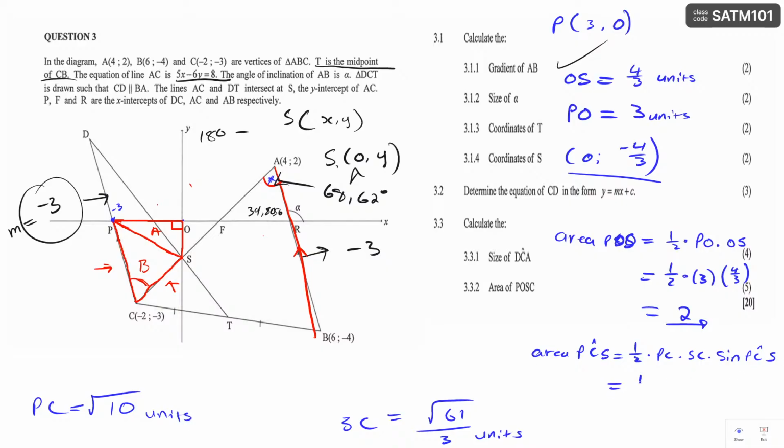So here you're going to say 1 over 2. What is PC? PC, we found the length to be square root of 10 units, times. What is SC? SC was square root of 61 over 3, times sine of what? Remember this angle, you got this angle as what? As 68